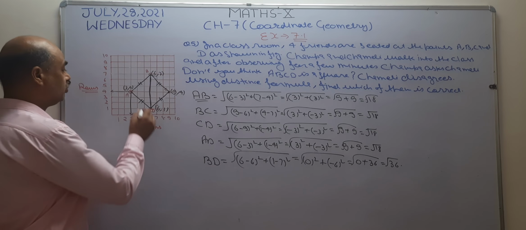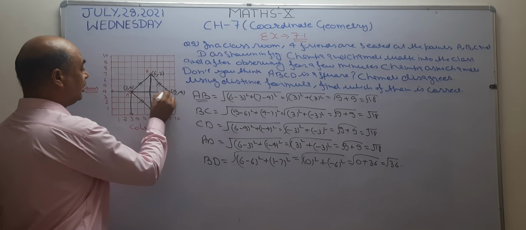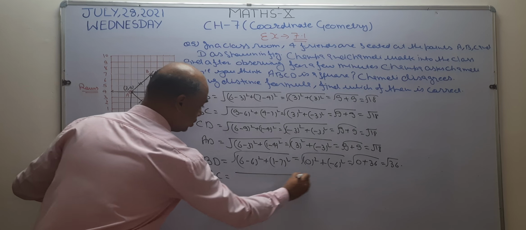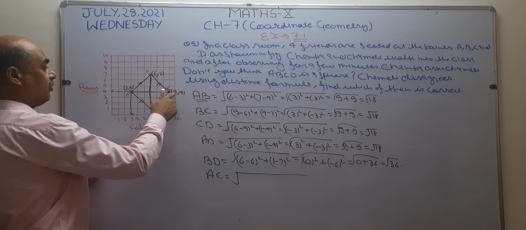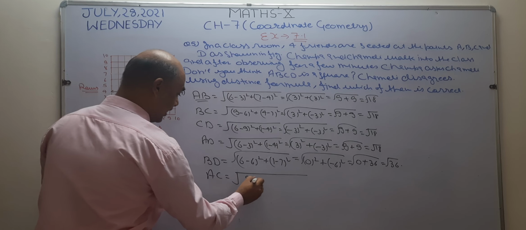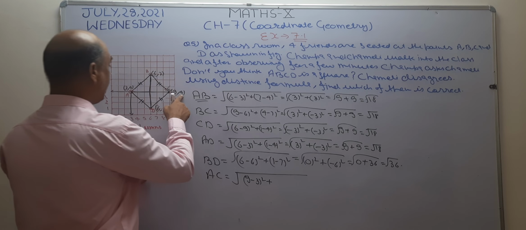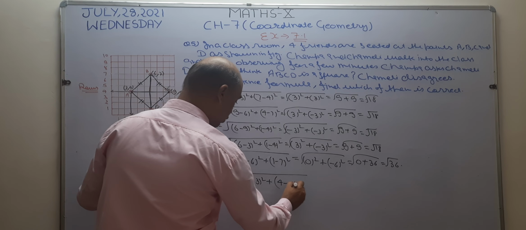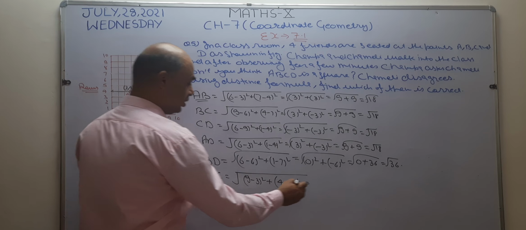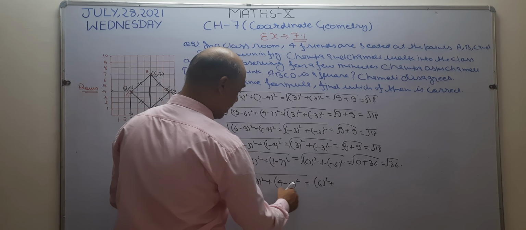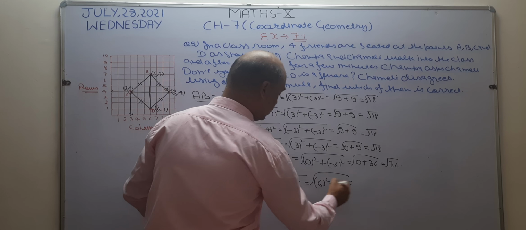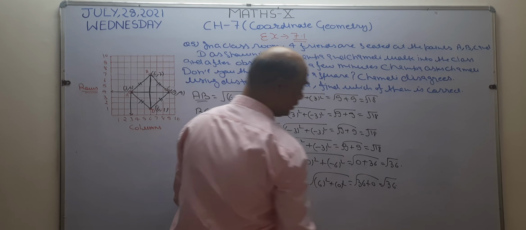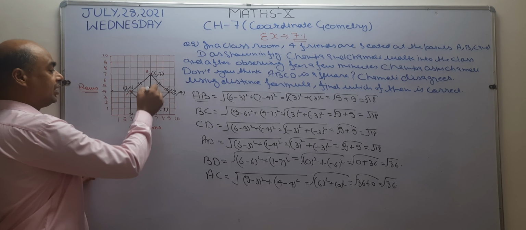Okay. Now I am going to check the distance between these 2. This is the second diagonal, AC. I want to use the distance formula between these 2 points. Now x2 minus x1, so this becomes 9 minus 3 and its square, y2 minus y1, so this becomes 4 minus 4 and its square. Now see, 9 minus 3 is 6, 6 square. 4 minus 4 is 0, 0 square. Again 6 square is 36, 0 square is 0. 0 plus 36 is again 36. Now both the diagonals are equal.